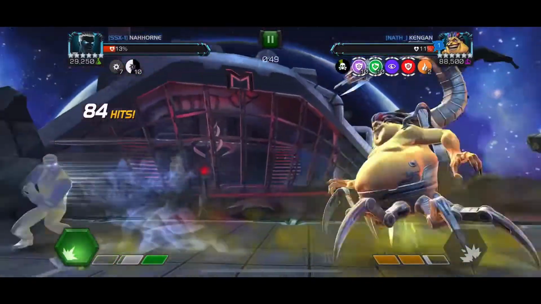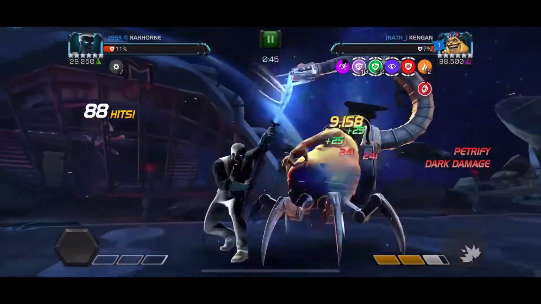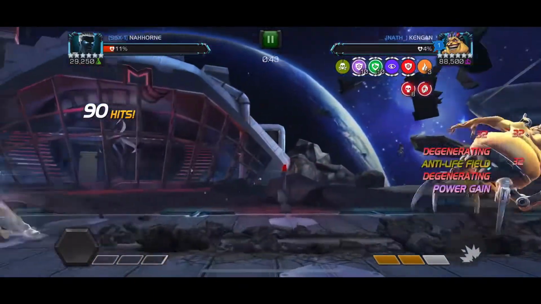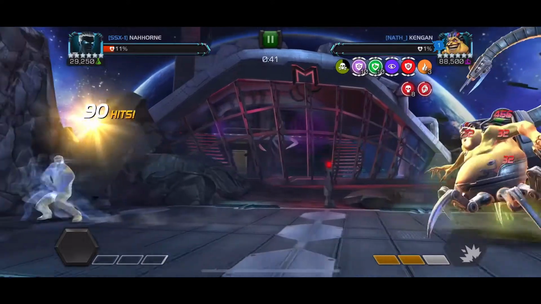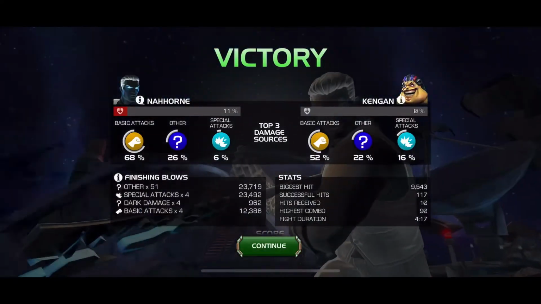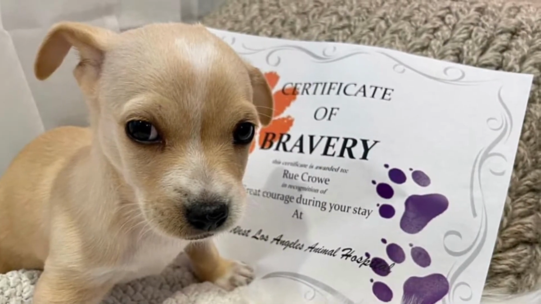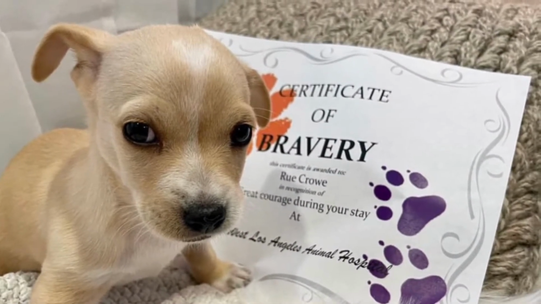So here we go, special 2. I throw it. I know that I have no buffs, so MD won't trigger, and I'm about to just play the dash game. And there we go. I didn't think that I was going to survive that after the beginning,